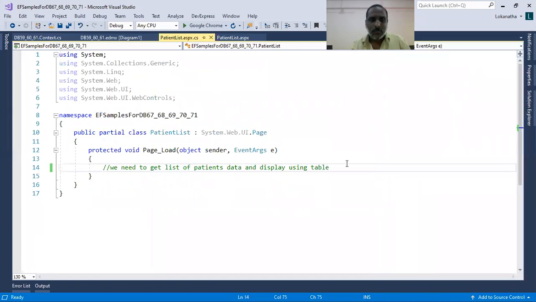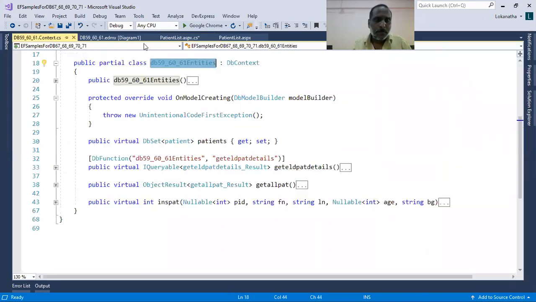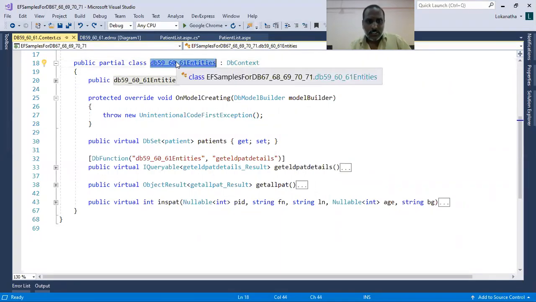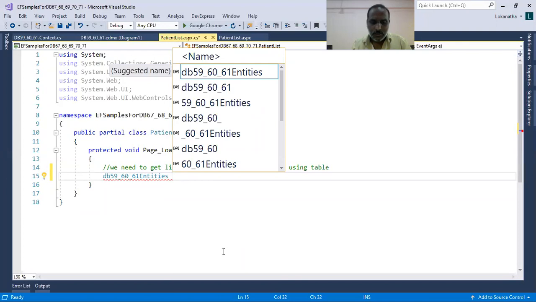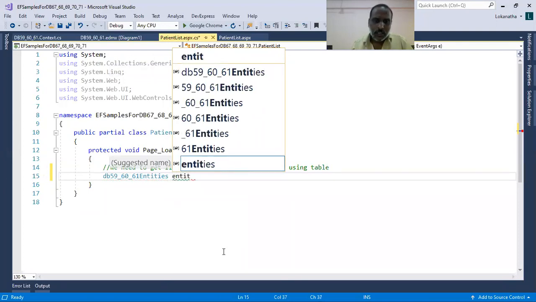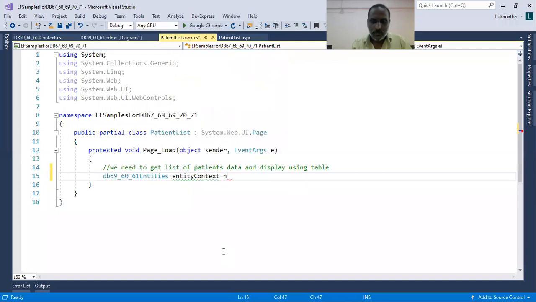I will create the object for the class DB596060Entities. Select this, go there, create the object, and I'll give the name entityContext equals new DbEntityContext.